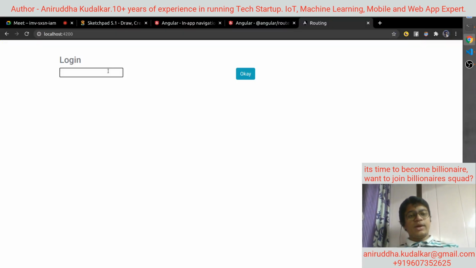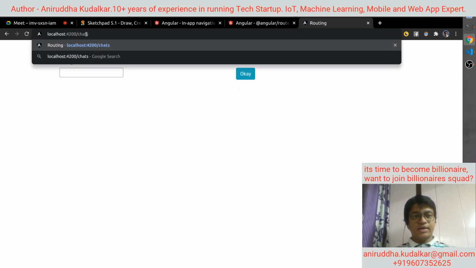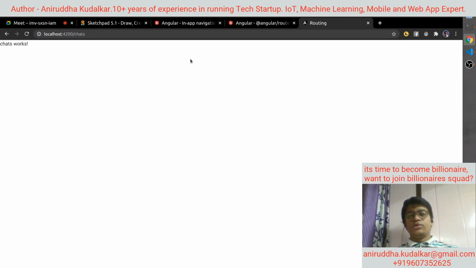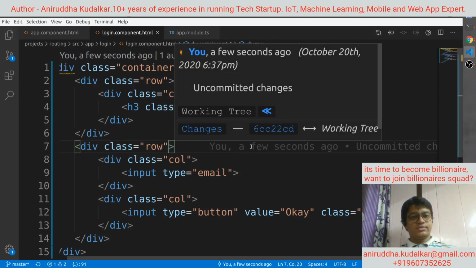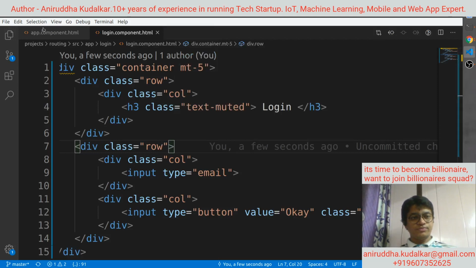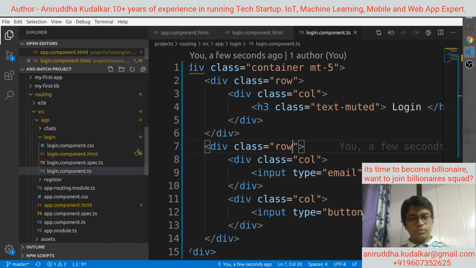Now I'm going to enter a mobile number over here, and I'm going to click OK. It should take me to the next page. So presently registration or chats is happening like this. You need to go to the chats, right? If I am typing some mobile number and clicking on the OK, it should take us to the chat screen. Now go to the login component.ts,